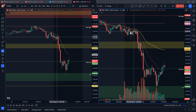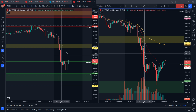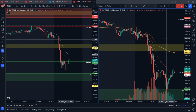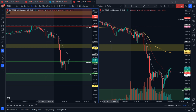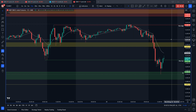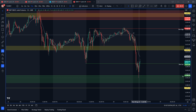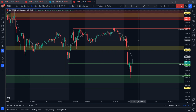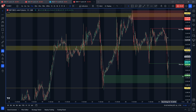So, a lot of people that were trying to long this definitely got trapped and fueled this massive sell off. So, before we go to the footprint chart, in case you're watching and you have no idea what a footprint chart is, even if you're just going off of regular confirmations, if you trade like that, you'll see that this sell off here had a couple confluences, in hindsight obviously, but I'm just saying, if you were trading this, and most likely a lot of people don't want to trade in the middle of a range, but